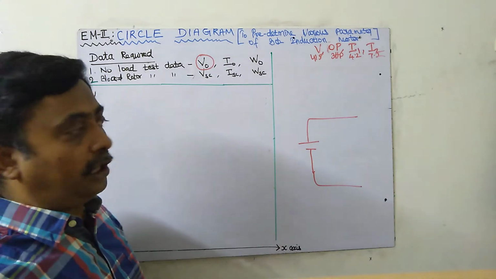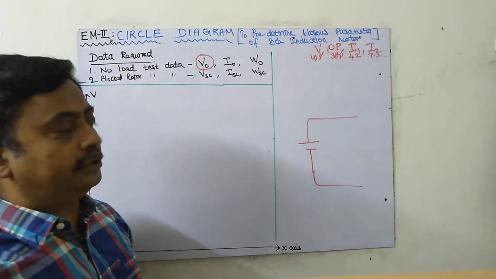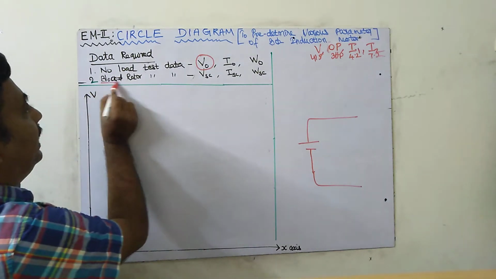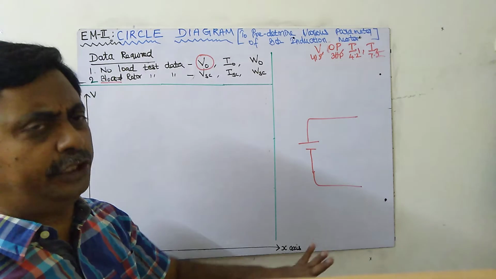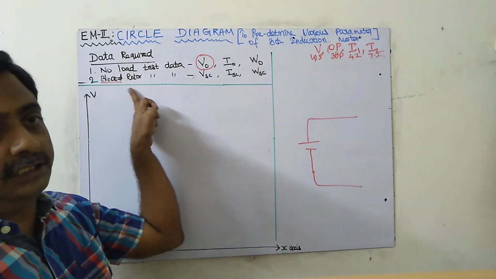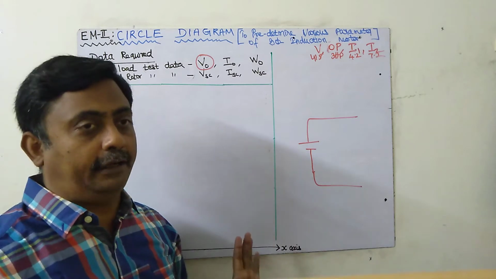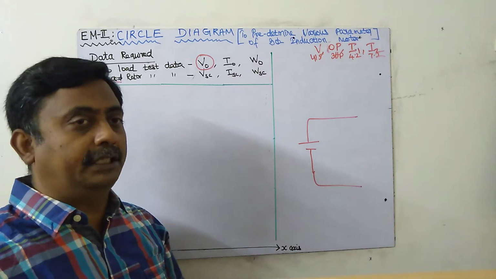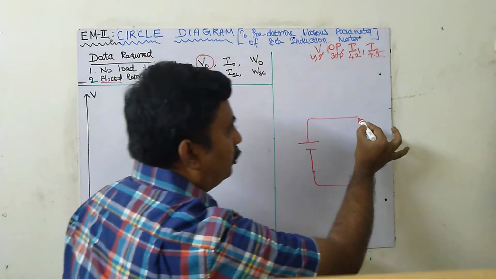Okay, coming to the short circuit. During the short circuit test, we have to short circuit the machine. It is the block rotor test, because in the transformer we say short circuit. Here, the same procedure only, but we call it the block rotor test. That is, we have to block the rotor so that it should not rotate, by spring balance or any other method. Block means nothing but short circuit.